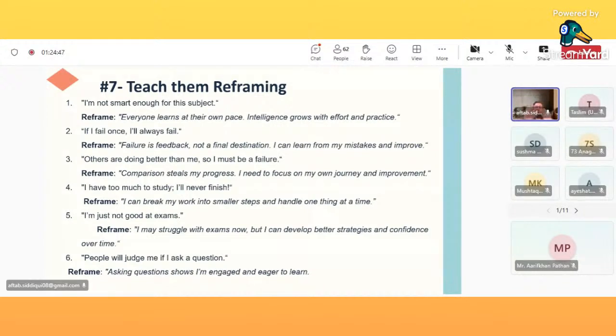You can find on Google there are a lot of negative core beliefs that Indian students often have, as I said in my first lecture, by which they are committing suicide. So you can teach them how they can reframe their thoughts and their beliefs, identify their beliefs, and learn how this belief is actually making their life horrible. Reframing is also called cognitive restructuring. You can teach the student how to reframe their thoughts.